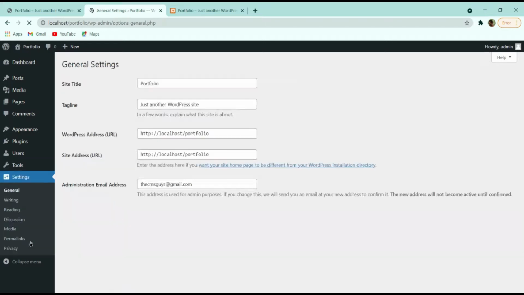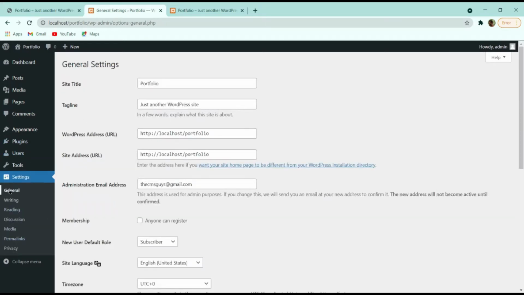Now let's move to Settings. Here in General Settings, you can change the site title and the tagline of your website. What this means is, my site title is Portfolio, and in this new tab it is showing Portfolio and the tagline. So if I change the tagline to Buy These CMS Guys,